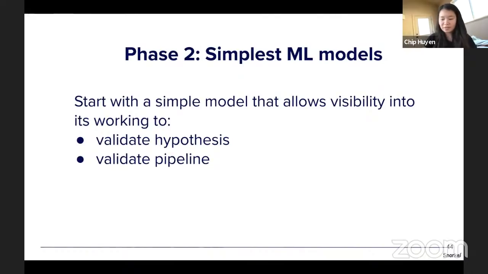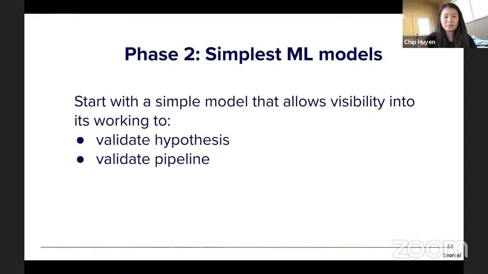Anyway, I'm going roundabout here, but having a simple model allows more visibility into the relationship between the data and the output. So you can see whether the hypothesis makes sense, and it also validates the pipeline. Google gave a talk earlier this year where they analyzed the post-mortems of 96 machine outages in their system, and they found that most of the outages were not caused by machine learning, but by normal engineering, because of something with the pipeline, especially the distributed pipeline. So when you have a simple model, it allows you to debug, and only when you have a pipeline you can trust do you move